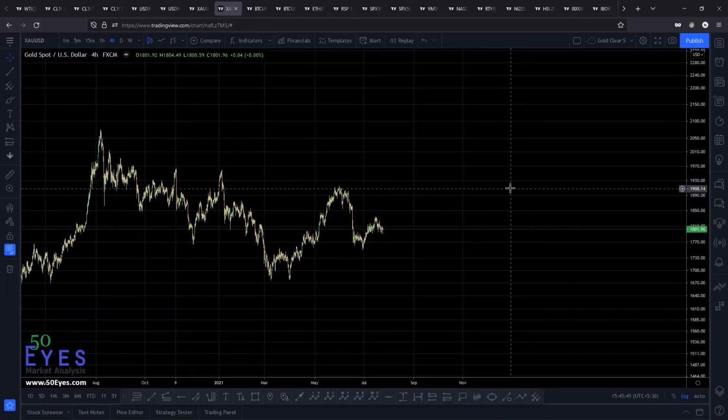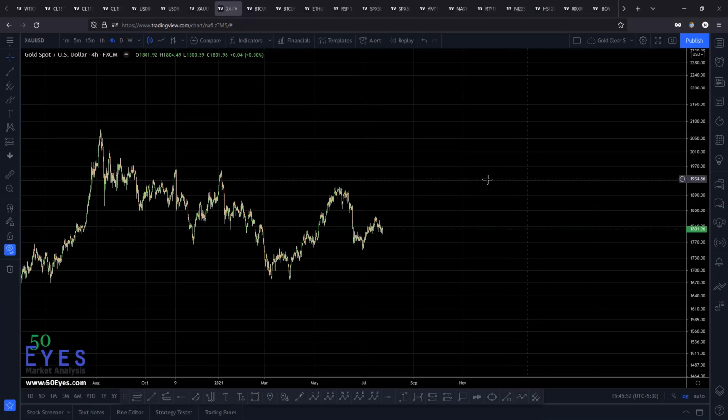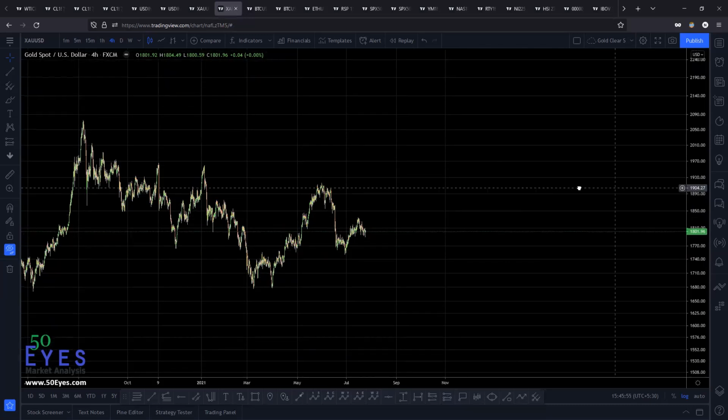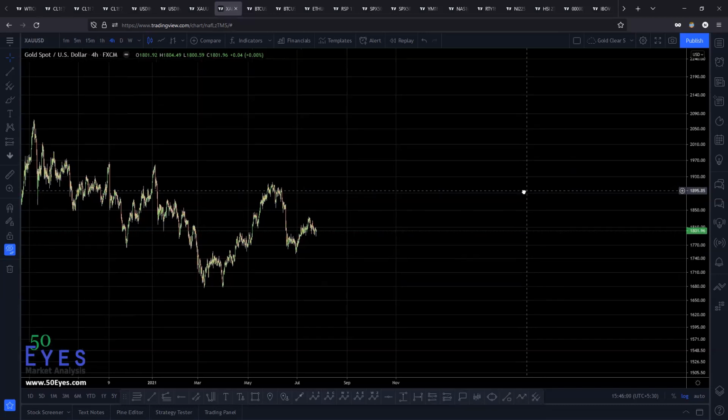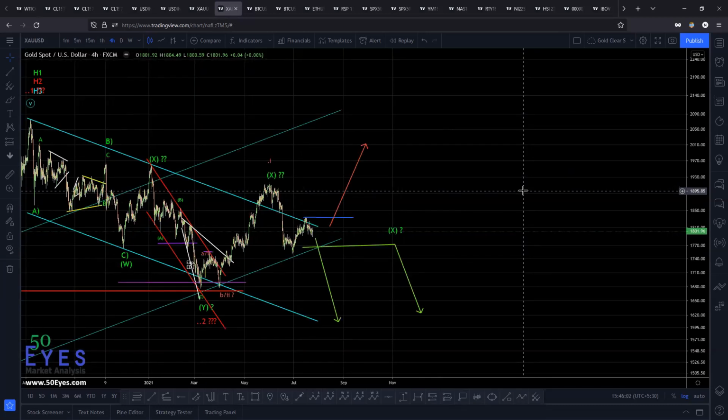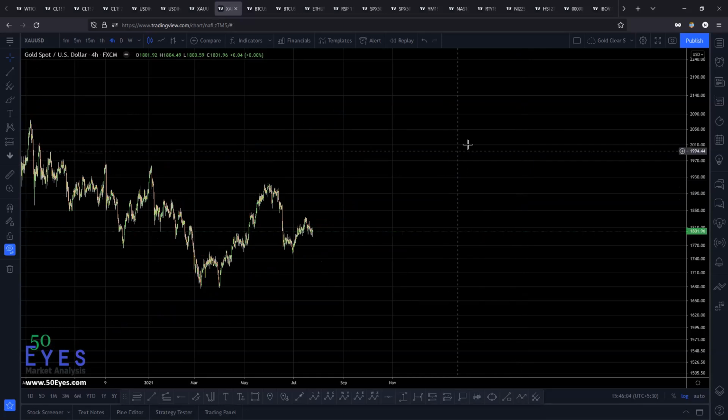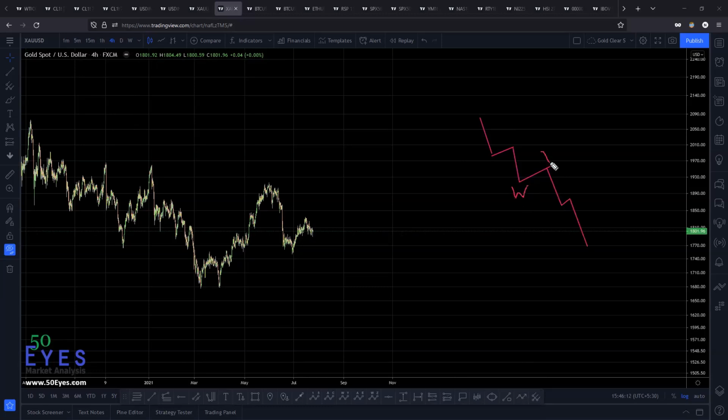So gold is a literally complex structure here, right? Let me try to see how much we can cover, because complex structures take a lot of time and a lot of discussion to clarify. Basically, gold looks to have what we just discussed in the last discussion: a W, an X, and a Y. In the gold chart, we have the W here, the X here, and the Y here, right?